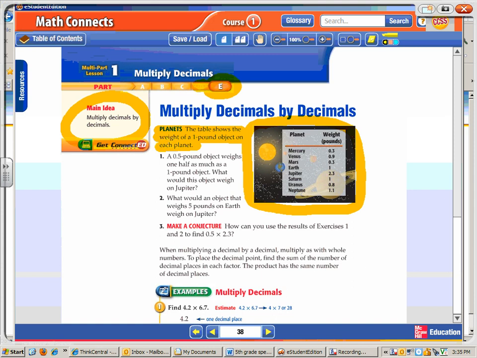Okay, so number 1 says a 5/10 pound object weighs 1/2 as much as a 1-pound object. Okay, so 5/10, sometimes you hear 0.5, or if you even just look at 5/10, you'll know that that's a half of a whole. What would this object weigh on Jupiter? So we're going to go over here and see that a 1-pound object on Jupiter weighs 2 3/10 pounds. Okay, we want to know what a half-pound object would weigh. So we want to take this and multiply it